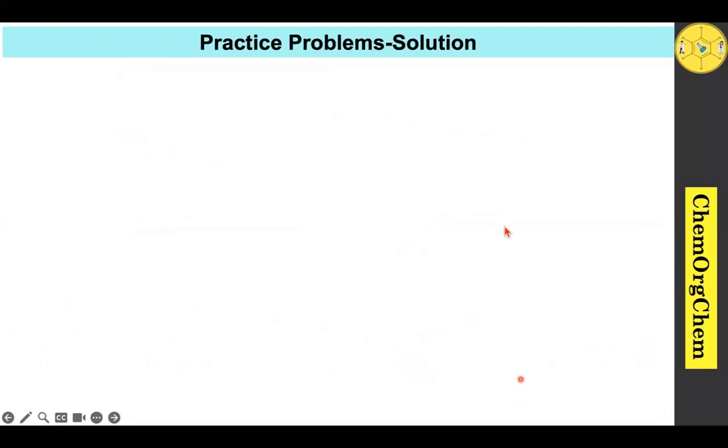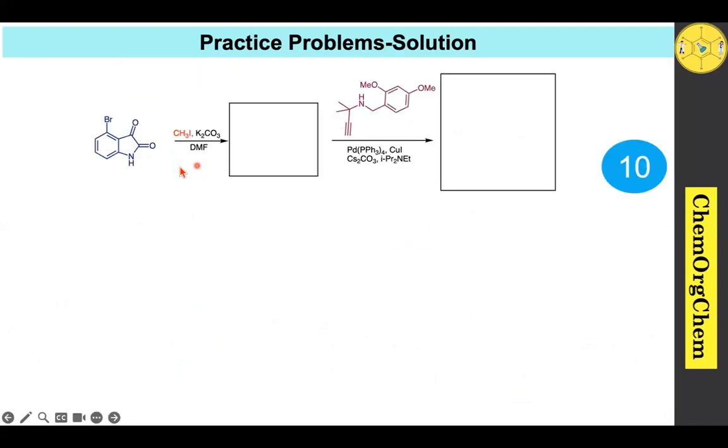So let's move on to our 10th practice problem. Here we are asked to predict the intermediate for this reaction as well as the final product. So let's see the first reaction condition. This substrate reacts with methyl iodide and potassium carbonate. When we use potassium carbonate, it readily takes this NH proton, so the negatively charged nitrogen readily attacks this methyl iodide by an SN2 reaction, which produces this corresponding methylated